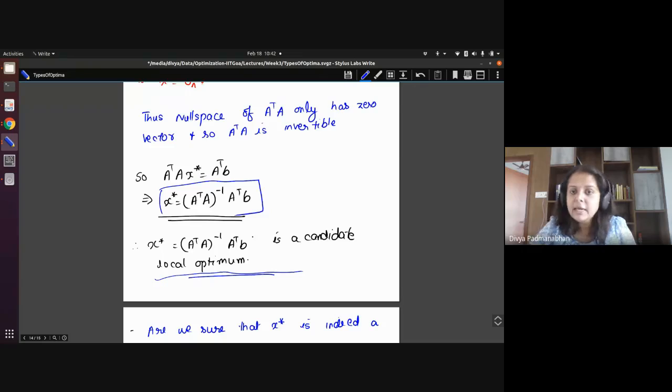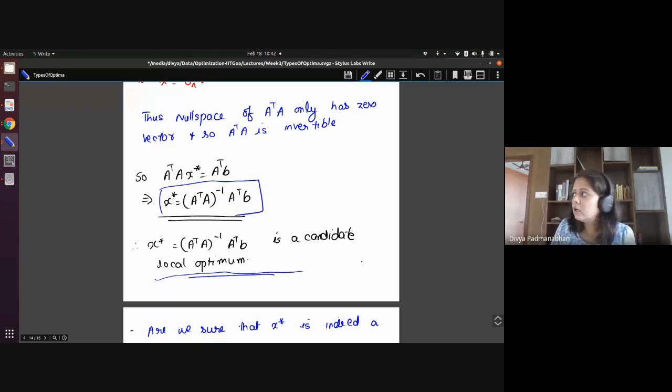So here you have a closed form expression, but it turns out that many times computing the inverse is an expensive operation. Especially when you have a large number of instances, for example in learning problems, you have a lot of data. So this matrix A itself is very huge. The M is very large. So computing this kind of an inverse is expensive for many cases. So we also want to see other methods to find the optimum.